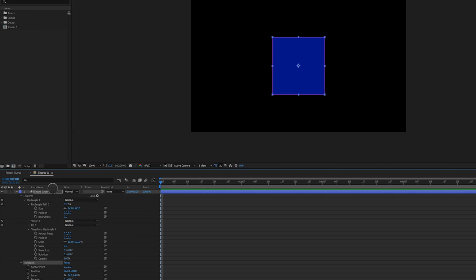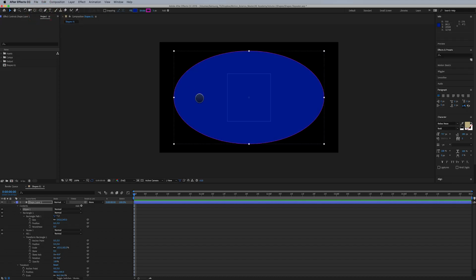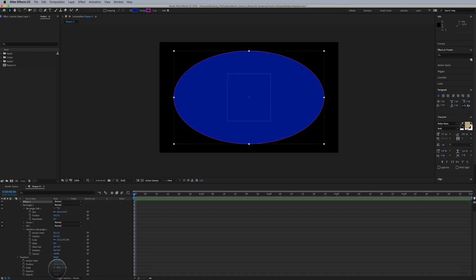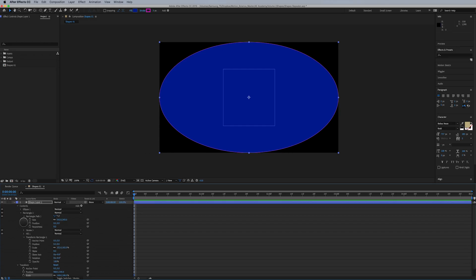Well, it could be, for example, let's say I also want to have a circle here. So I could double click the ellipse tool, and it's creating a kind of strange ellipse, because the layer is set to 84%. So if I scale the layer back up, you can see it fills the layer. The ellipse is now 1920 pixels wide by 1080 pixels high. So I'm going to change that to 1080